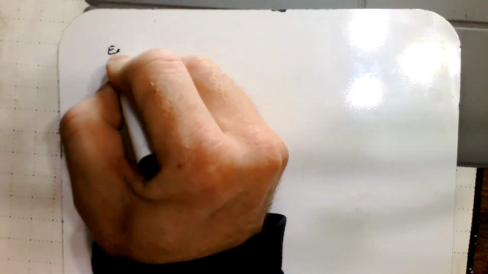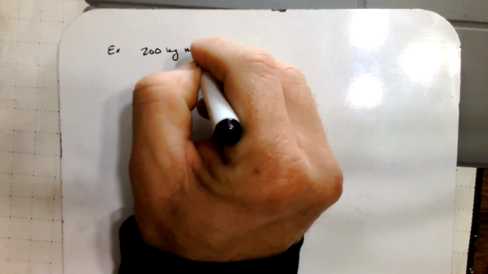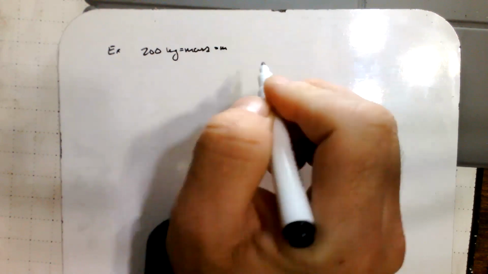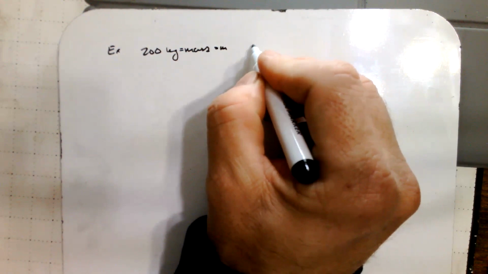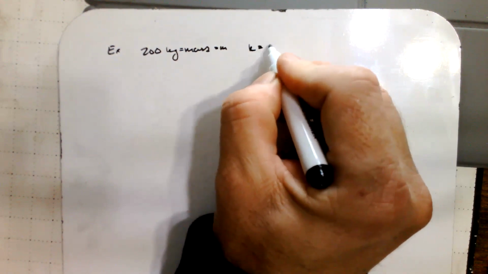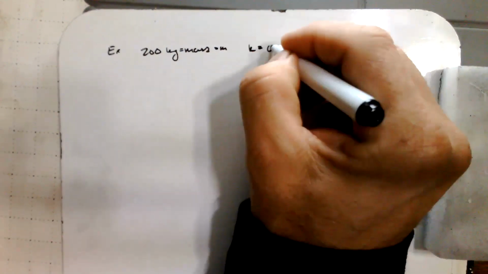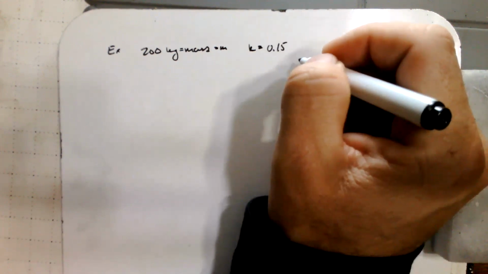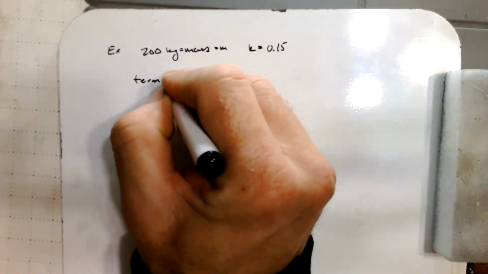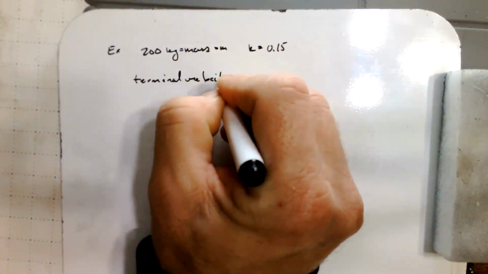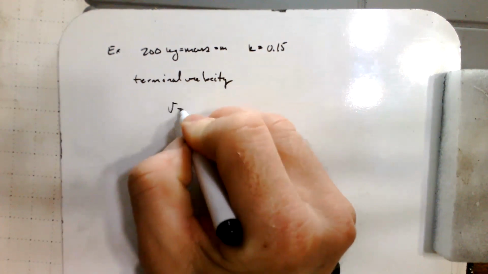All right, in this example, we have a 200 kilogram mass, which we'll call m, that is dropped in a media with a drag coefficient. So we have a drag coefficient, k, equal to 0.15. Assuming the object falls under the influence of gravity, we want to find the terminal velocity. Okay, so we're after terminal velocity. So we saw from what we just finished that the terminal velocity is going to be equal to